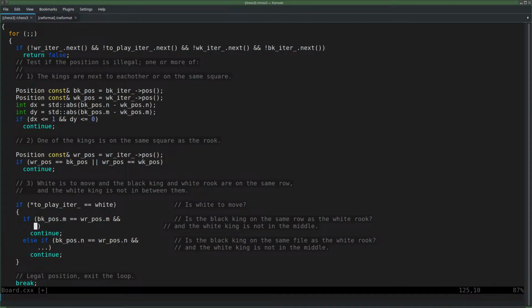Okay, the lazy way, right? And the not fast but the readable way. So we need the minimum of the stuff that is involved, being the black king position n coordinate and the white rook position n coordinate. Must be less than or equal, but that's not true because we already left here. The white king position in